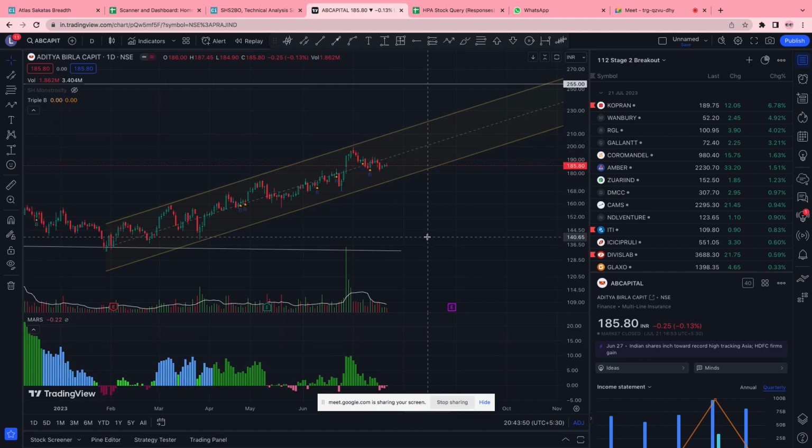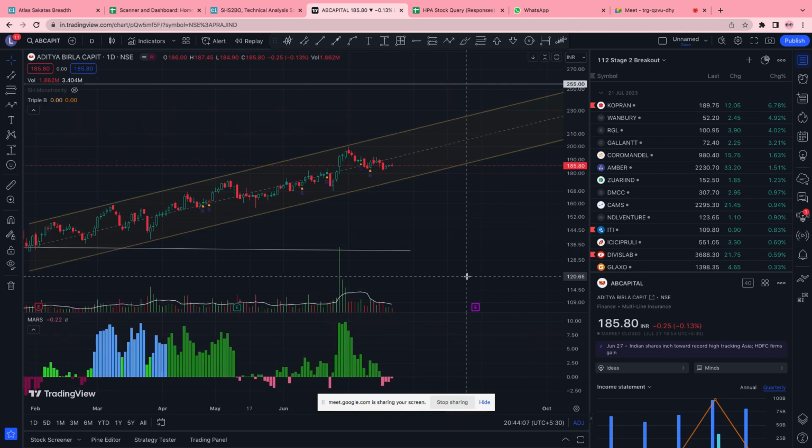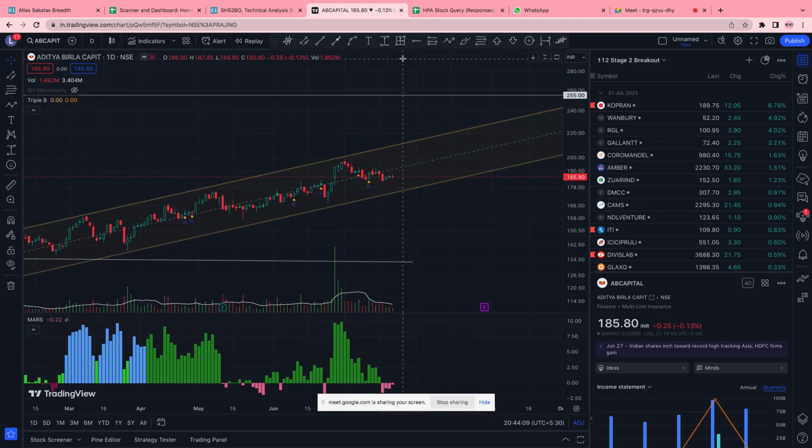I believe that demand is going to come here. Looking at the volumes, those 3 days of selling were already small compared to the buying. Selling is getting less and less as we shift the base to the right side. If you are going to make an entry, the breakout pivot would be